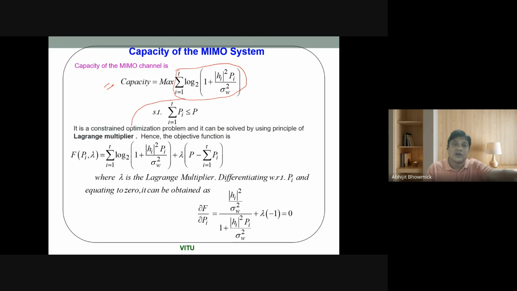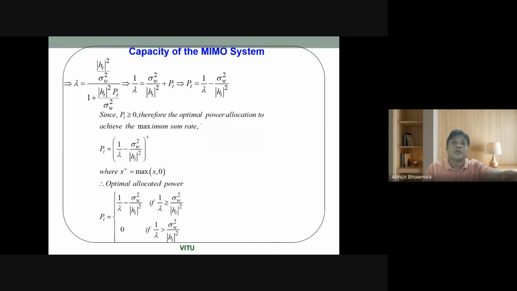written here, then lambda, that Lagrangian parameter, into P minus the sum of Pi, this part. This one is here, the constraint. Then I have to differentiate, since I'm allocating power, I have to differentiate that function with respect to Pi. If I differentiate, I'll get this expression. Now, if I reduce the expression, it would come like Pi is equal to this equation